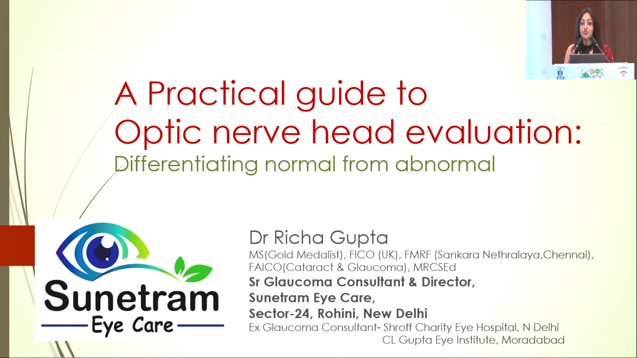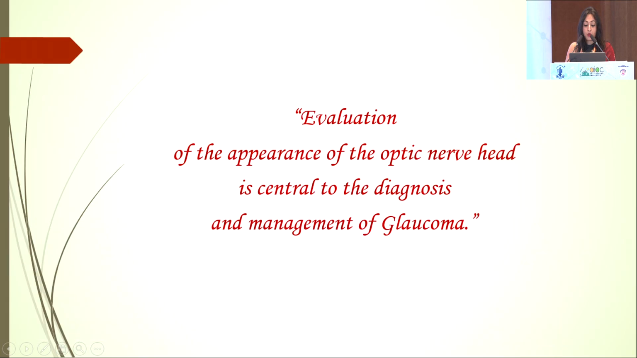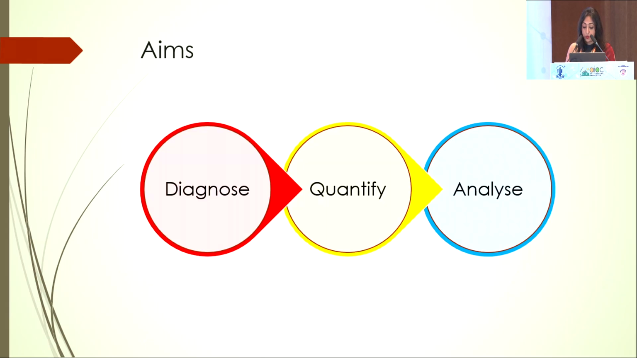I am Richa, and I'll be talking on a very simple way to evaluate the optic nerve head pertaining to glaucoma especially. So evaluation of the ONH is very, very central to the diagnosis of glaucoma. And the aim of any kind of ONH evaluation should include the diagnosis, as in you should be able to diagnose whether the nerve that you're seeing is normal or abnormal, quantify the damage that has happened, and analyze what